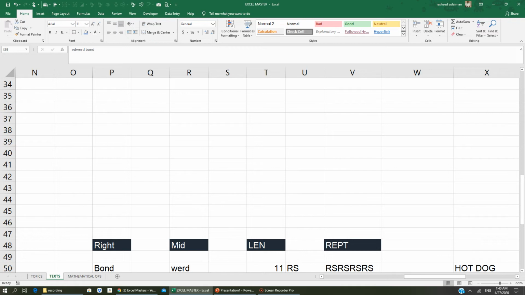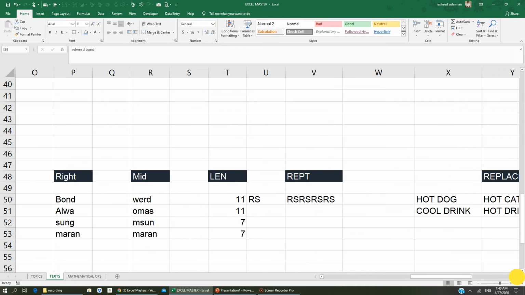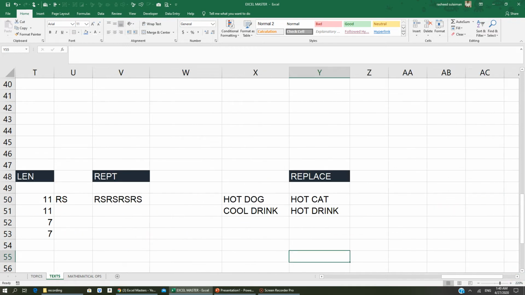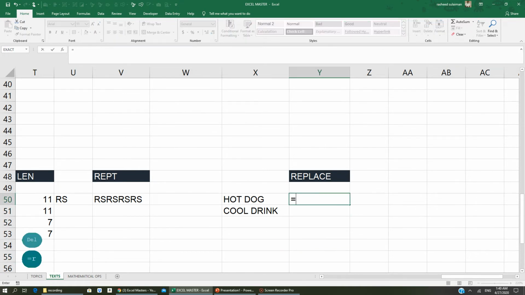And another option is the replacing option. Suppose you have a paragraph or any text in a sheet. You want to change a particular word in that, maybe that word is repeating several times. You want to change all those words with some other one. Then it is very easy to do using Excel. You can see REPLACE,